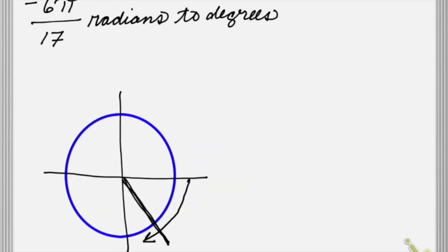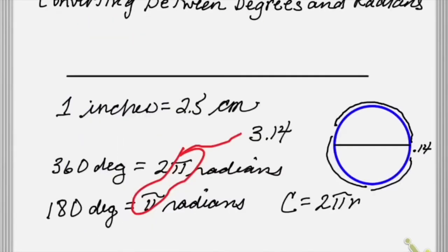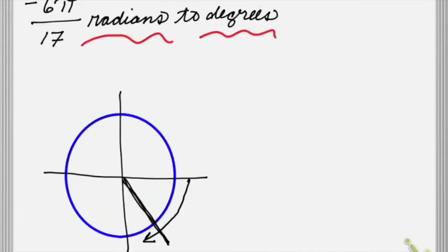So at any rate, I've got this angle, negative 6 pi over 17. What we really want to do here is convert this radian measure to degrees. In order to do that, I'm just going to use that relationship that I've already established, that there's 180 degrees for pi radians. And that'll be a simple